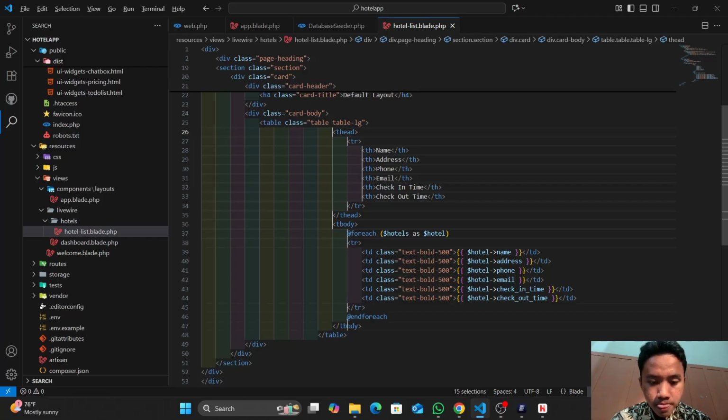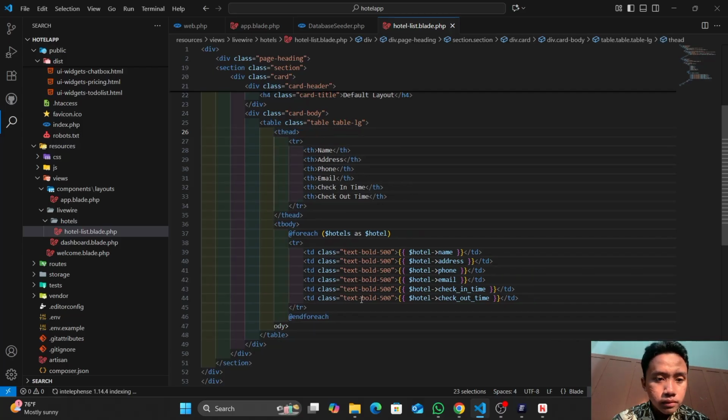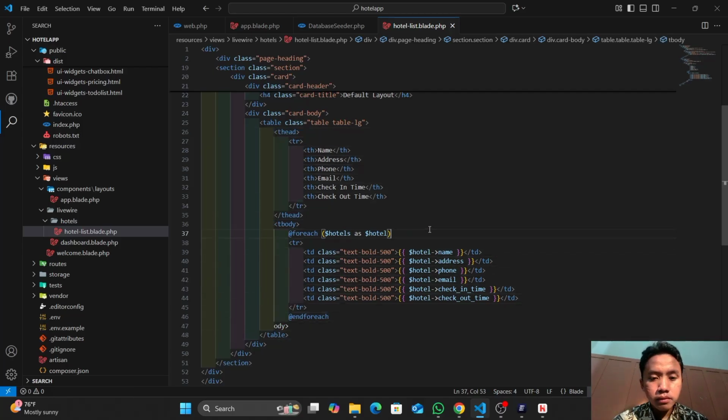Hotels. Double curly braces in the table body, and don't forget foreach and the variables, right? There is hotel name, hotel address, like that.